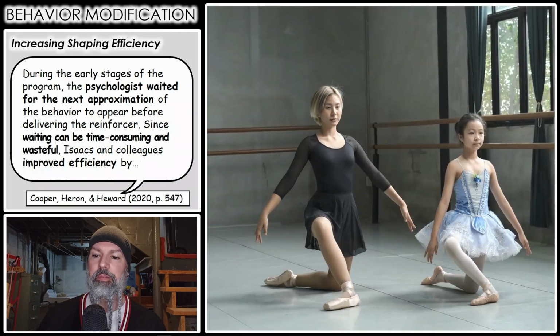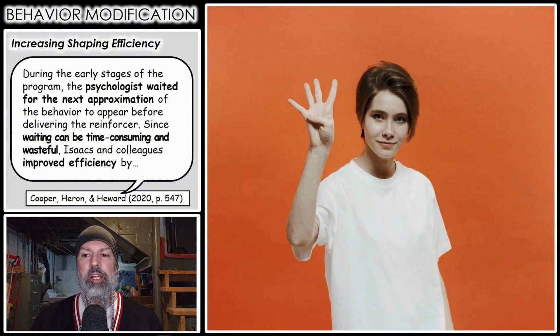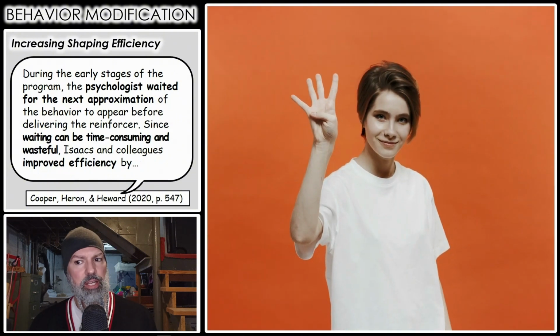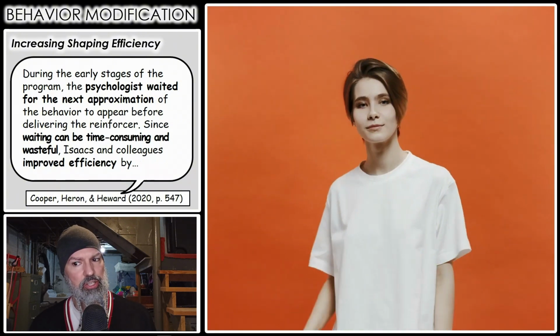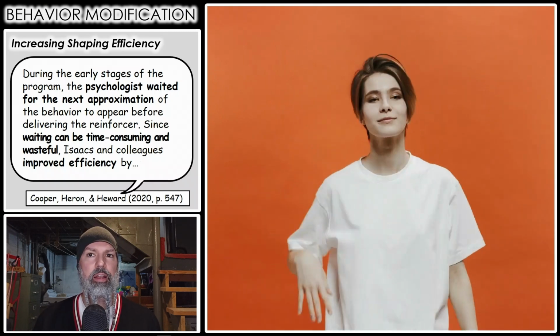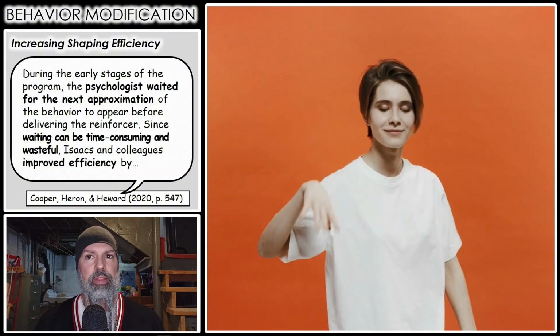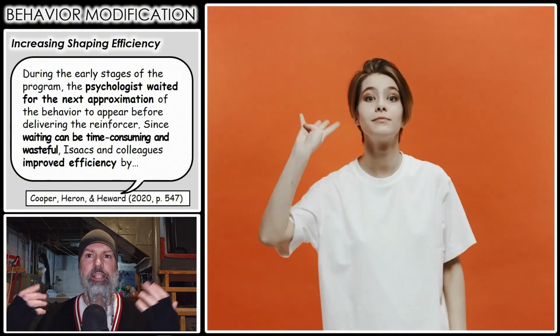And the final one is technique number 4. Technique number 4 is the percentile schedules for precision in shaping. This one comes about because traditionally shaping relied on qualitative judgments. It was often said that shaping was more of an art than science. And what I mean by that is, let's say that you were